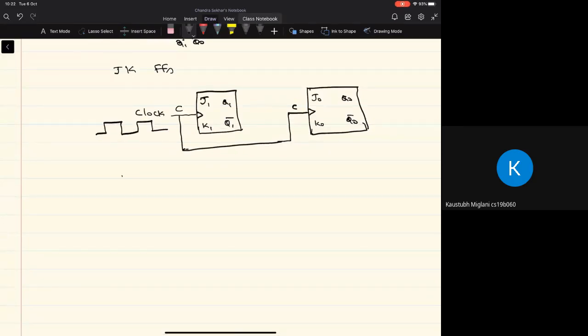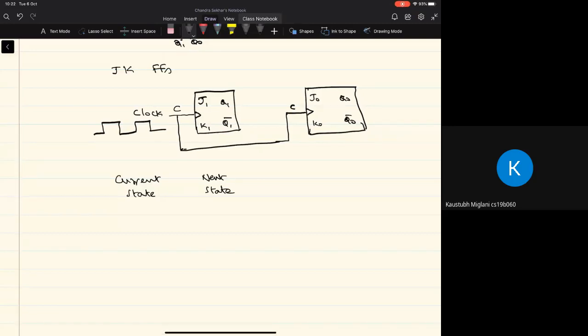Okay. Now let's describe the operation of this counter in terms of the next state table, where the next state table will include the information about the current state, and for the given current state, when the clock signal comes, what should be the next state. How do we indicate the current state of the circuit? It is by Q1 and Q0, because there are two flip-flops here. And what is the next state of the flip-flops, right? They are the corresponding Q1 plus and Q0 plus, right? So once you come up with this table, we'll see that we are getting what is called the next state table of the circuit.